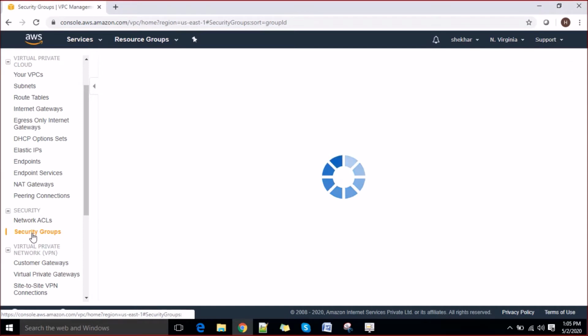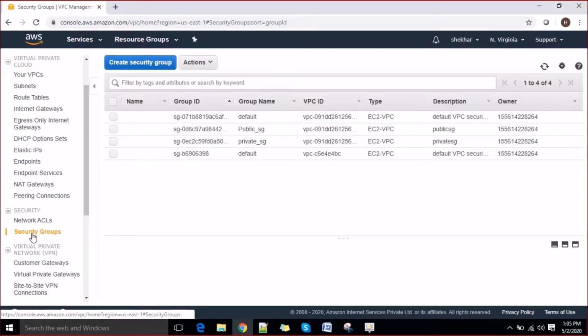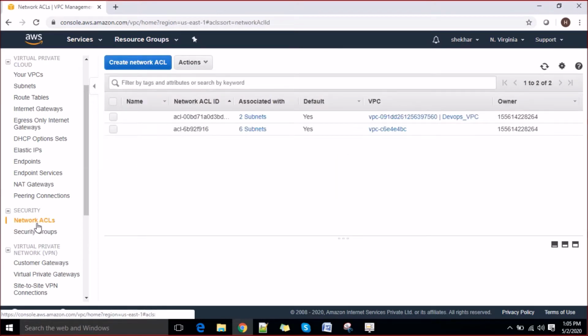And we have already talked about security groups, how security groups work. Security groups work at the EC2 instance level, so you can directly attach your security groups to your instances, right? We already know how we applied the rules, how we allow and deny, and create the denial rules for security groups. We have another network security layer, which is called network ACLs. ACLs are basically access control lists, which work at the subnet level.